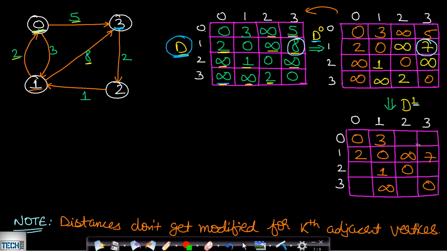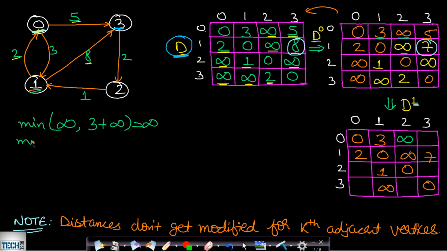So now we will be processing for the other parts. So for this 0 to 2, the value already present is infinity in the previous state. Now in this state it will be via this 1. So already present distance is infinity. We will be taking minimum of infinity comma. We are finding from 0 to 2 via 1. So this will be 0 to 1 and 1 to 2. So from 0 to 1 the distance is 3. So this will be 3 plus, and from 1 to 2 the distance is infinity. So this will come out to be infinity. So we will write here infinity. Now for 0 to 3 already present distance is 5.